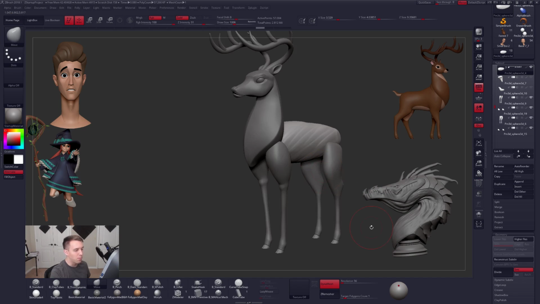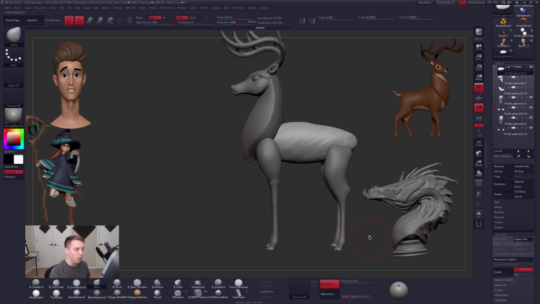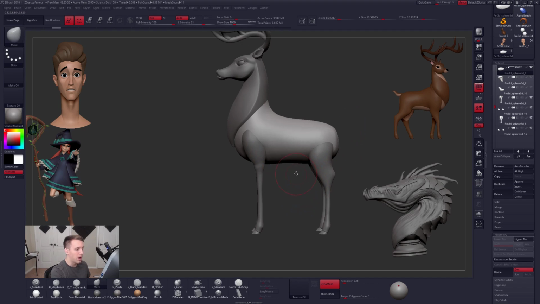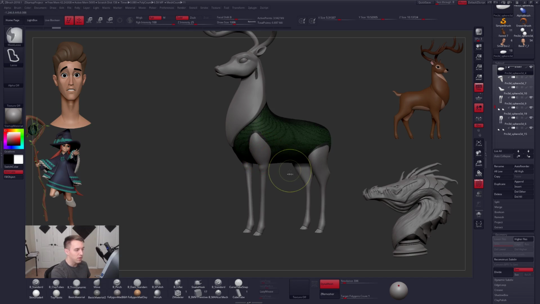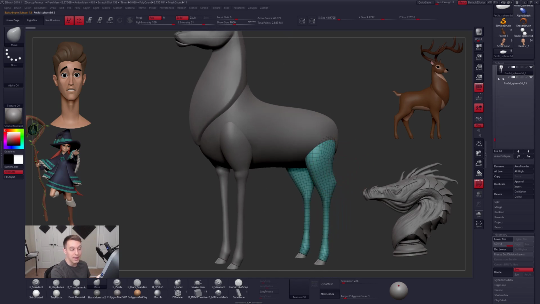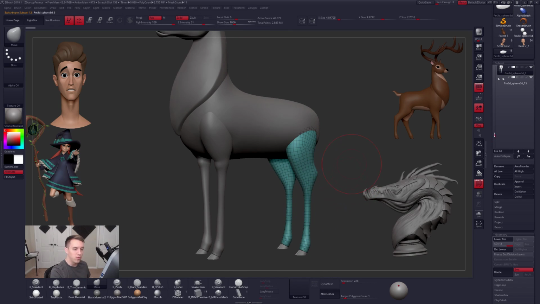Once I do get to a point where I am ready to, so we've shaped up our sphere, we've got it up to this point, we've formed the body, let's go back to even where we had subdivisions on it. I have subdivisions on the body and I have subdivisions on the leg. Now I want to eventually merge these together, but when we do that,